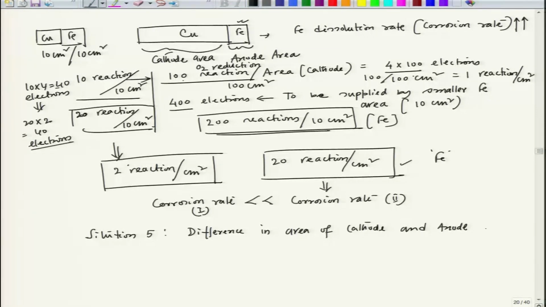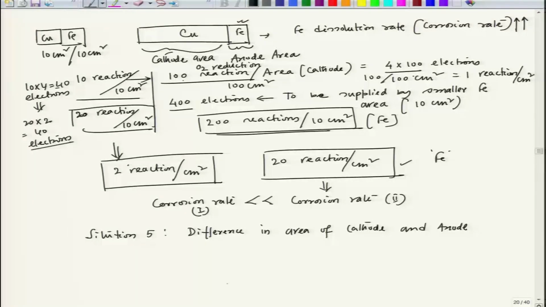We can understand this particular situation with the help of mixed potential theory. Okay. So, this is another situation. Now, while discussing this particular area factor, though we say that the corrosion of the anodic portion when the areas of cathode and anodes are similar is not that significant,